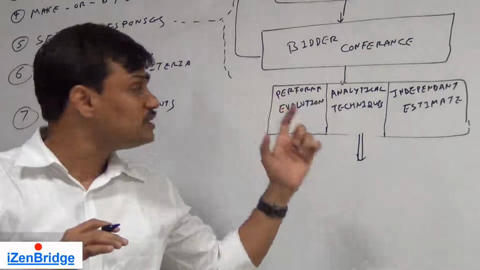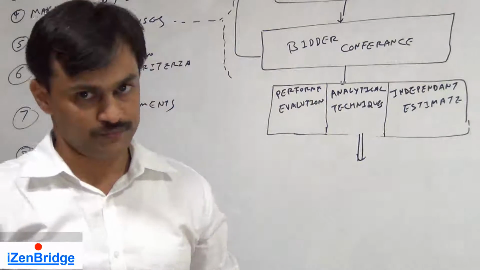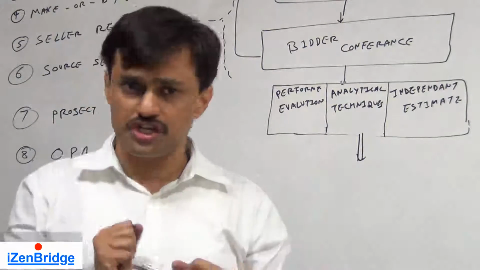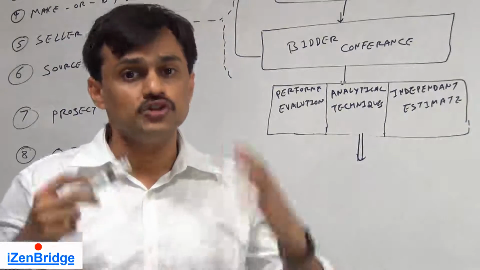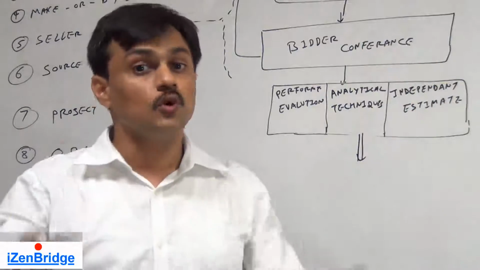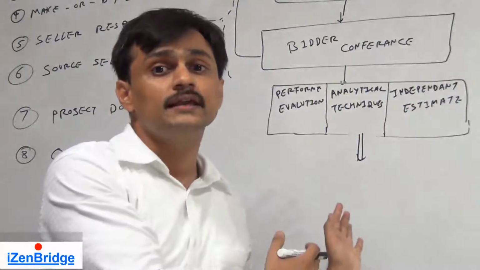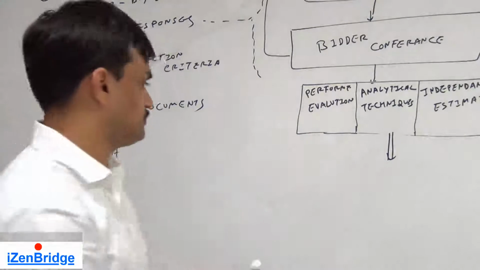Now we applied all these tools and techniques, and we identified some of the sellers. Now we may want to negotiate with them. We may want to negotiate for the price, for the scope, and for the service level agreement. So that becomes another tool and technique, which is called procurement negotiation.